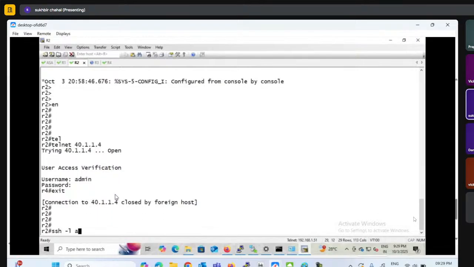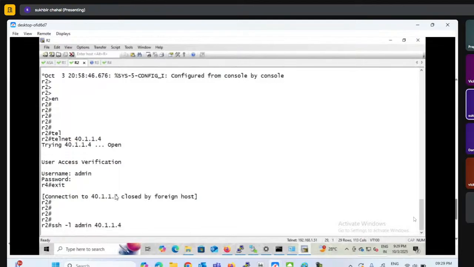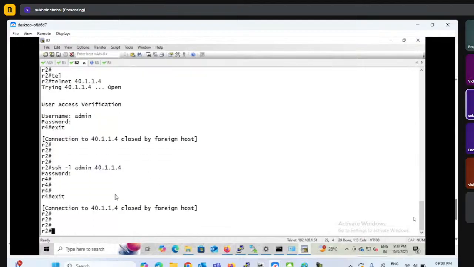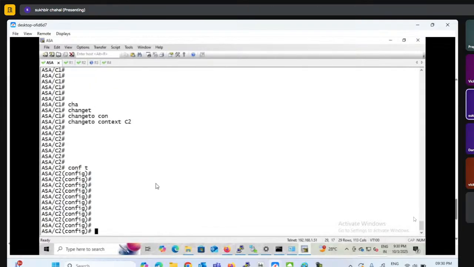SSH, admin, 40.1.1.4. Okay, so now we have the password prompt here. So that means we are able to inspect both types of traffic. So I can use some policies or ACL just to inspect separately. So now I can use here an access list